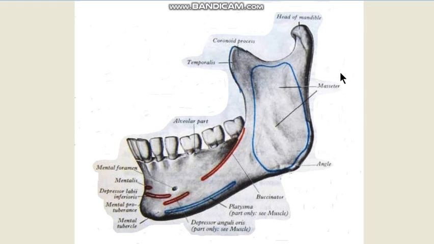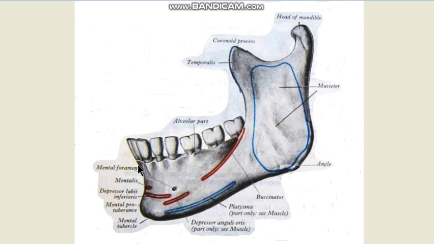Hello everyone, we are back to our studies of the mandible, and now we are going to deal with half of the mandible. In this half of the mandible you can see half of the body of the mandible over here, and you can see the left ramus of the mandible. So the body of the mandible, the ramus of the mandible, and the alveolar process bearing the sockets for the